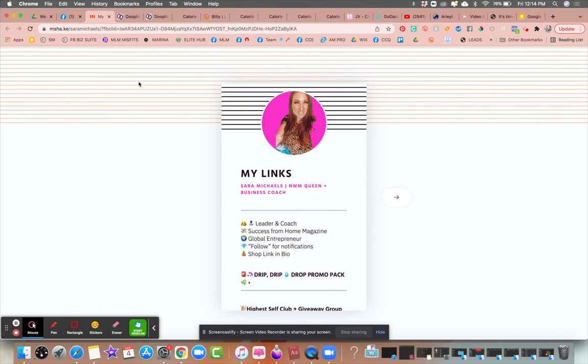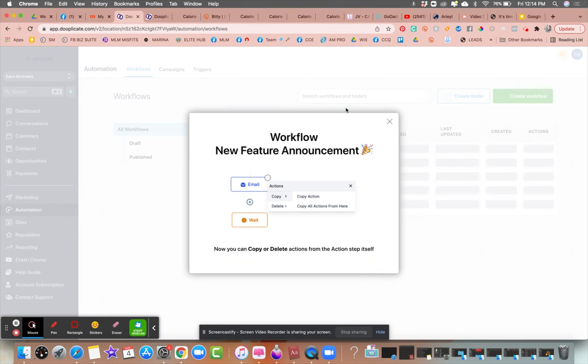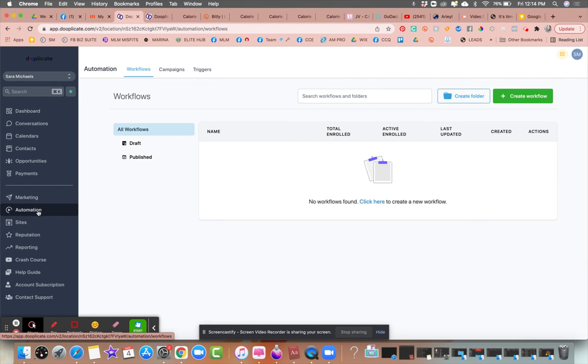Okay, so now that you're ready to go, your funnel is all set up. The next thing that you would do, after you get a new customer, is add that customer to your pipeline automation. If you don't know how to set that up, that's okay. It's something brand new that just got launched, which means as soon as you get a customer in and add them in here, it's going to automatically send them a series of emails that welcome them, remind them to tag you on social media, invite them to the Facebook community, and so on and so forth.